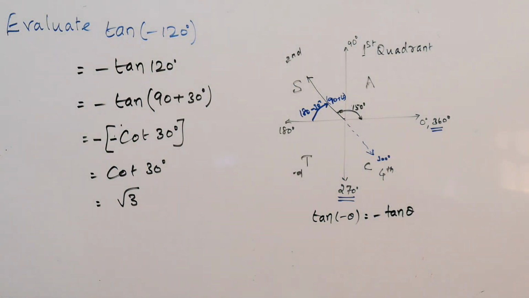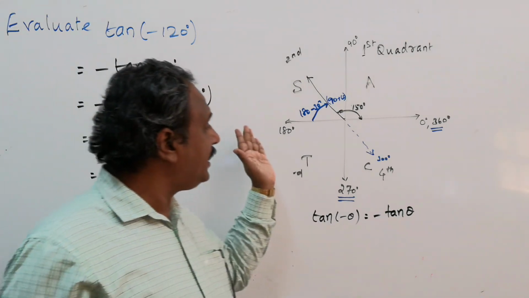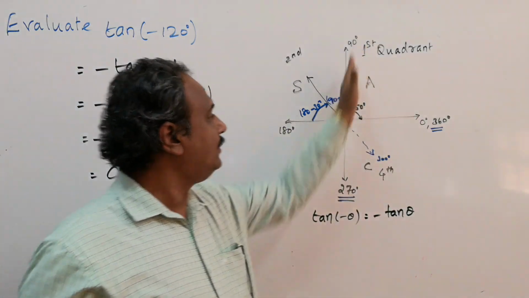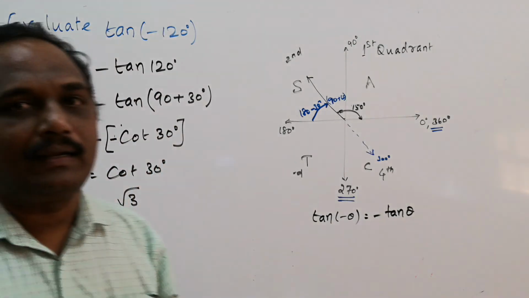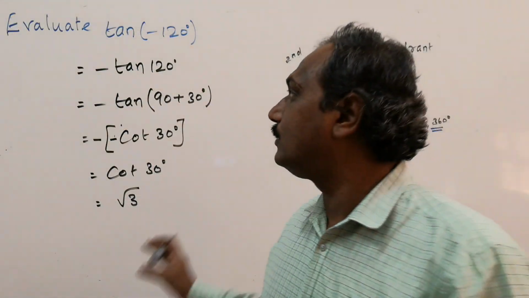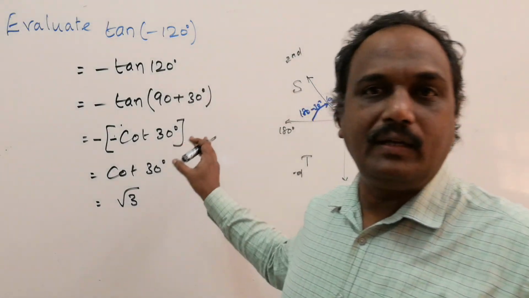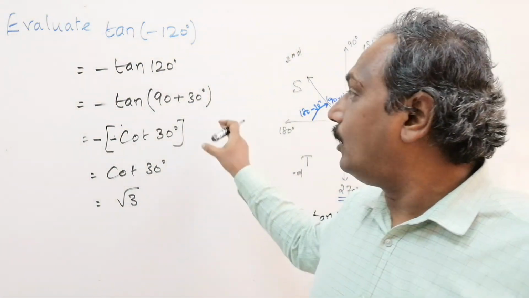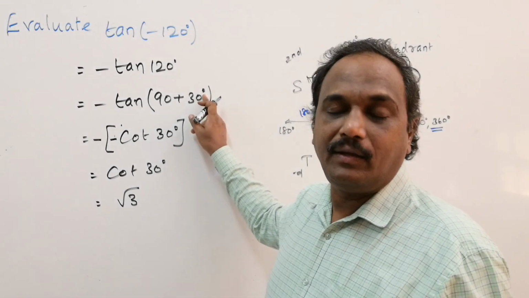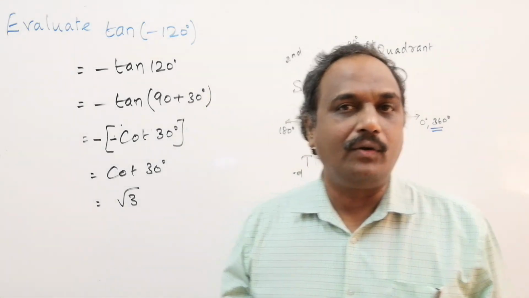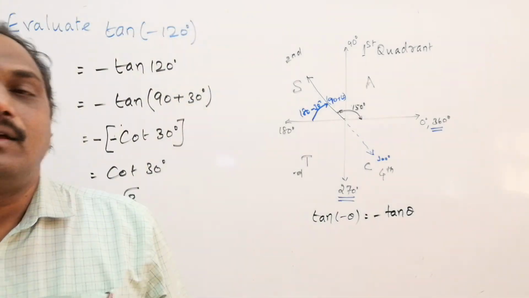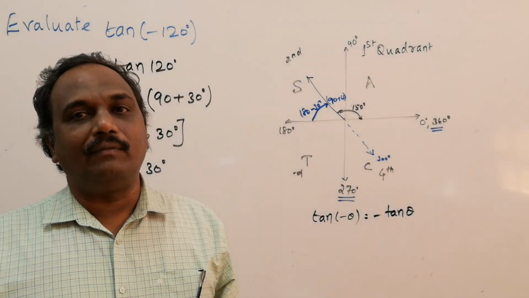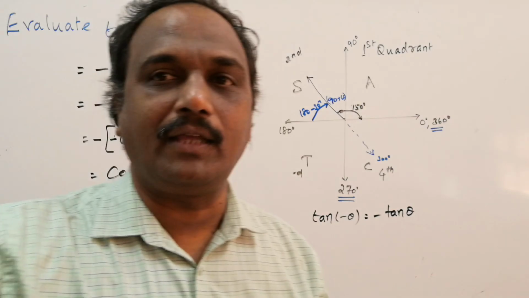So the basic idea: please express the angle with respect to the nearest known value and then evaluate. Understand the idea here, how to find the trigonometrical ratio. In this video, we discussed the trigonometrical values when the degrees are given. In the next video, we are going to discuss how to evaluate the trigonometrical values when the values are given in radians. Thank you all.